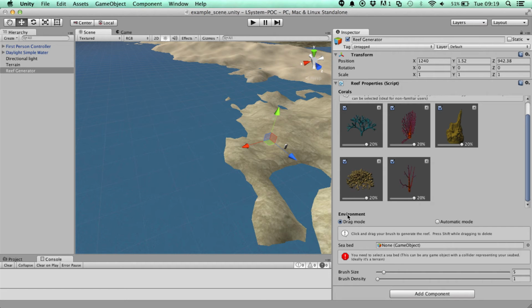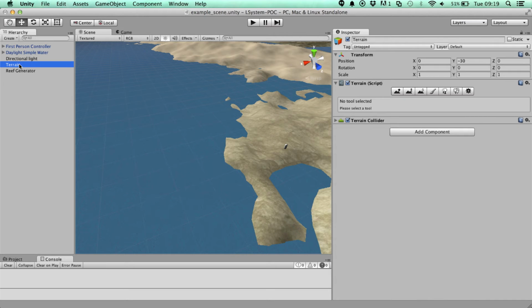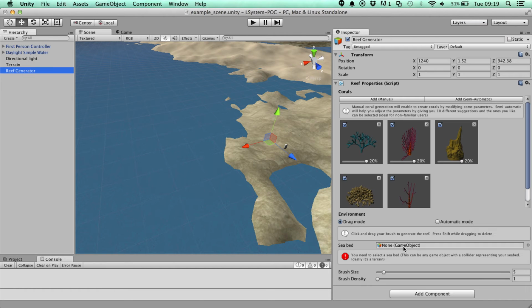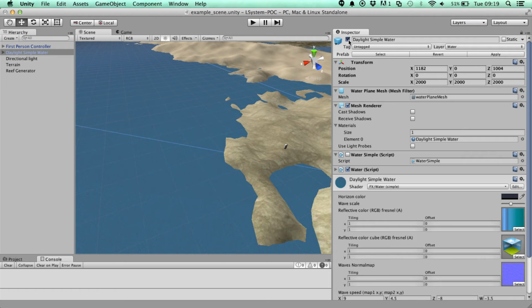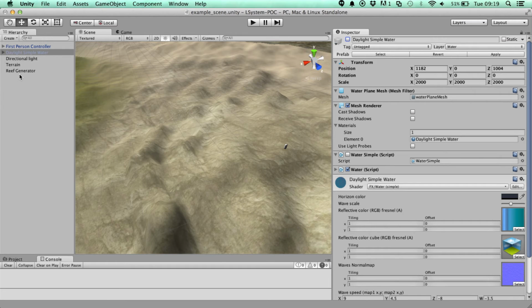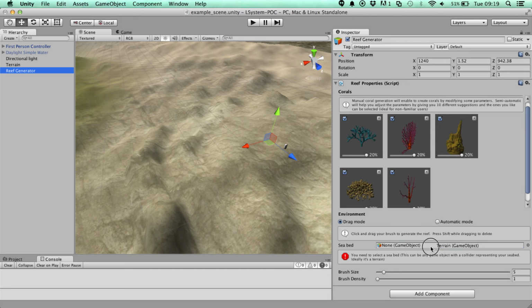And that, as you can imagine, is in the environment bit. All I do is drag my seabed, which is usually a terrain, to the seabed parameter. I'm gonna remove the sea so we can see the whole seabed,